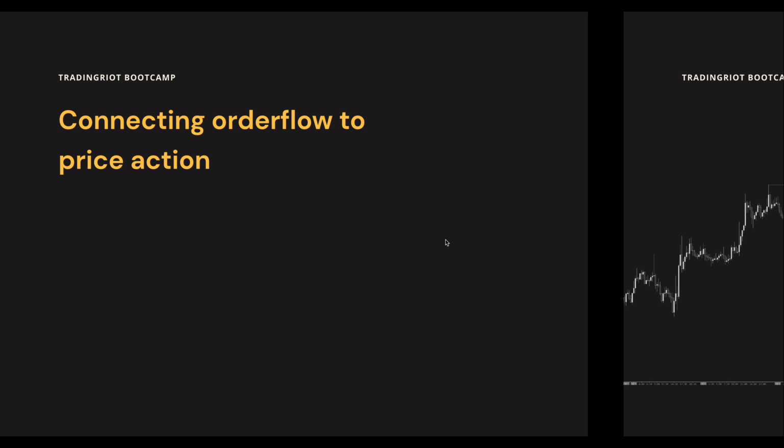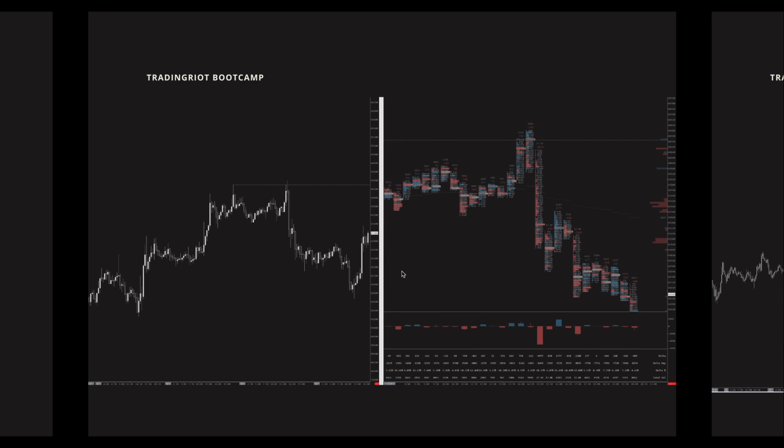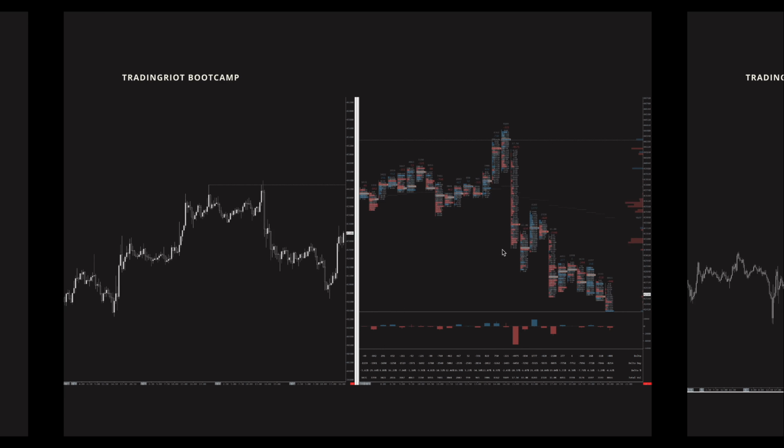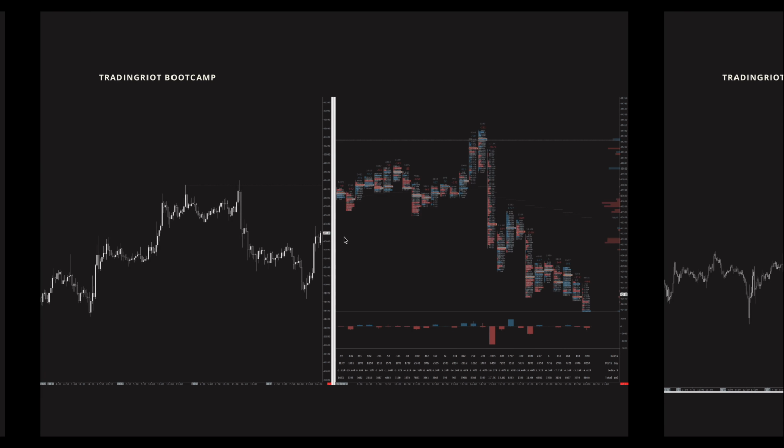So if this is something that sounds interesting to you, I just wanted to let you know that there is this way of doing things. But obviously, right after this, we are jumping into auction market theory. So I have a bunch of examples here where we are going to just talk about the confluence between order flow tools and